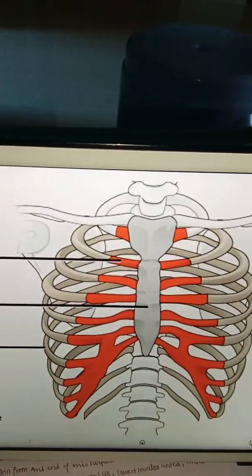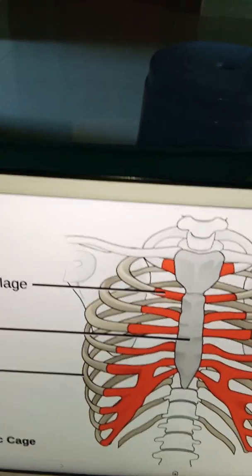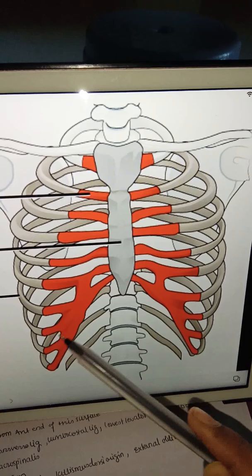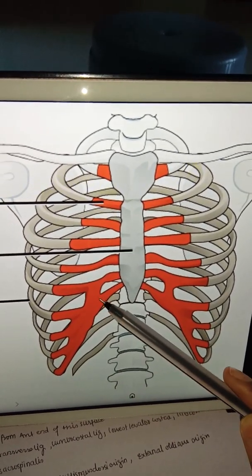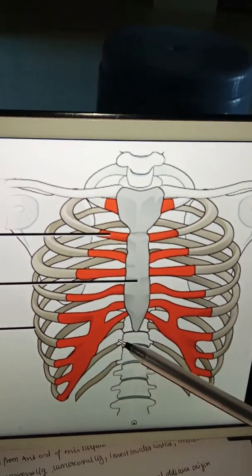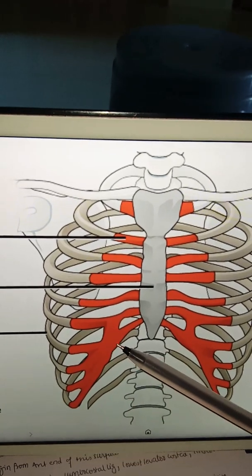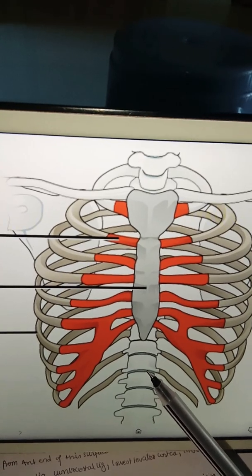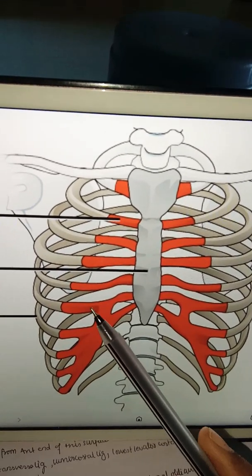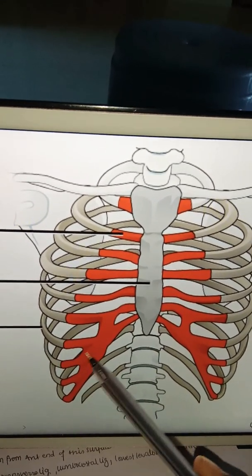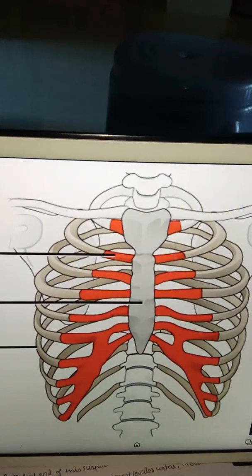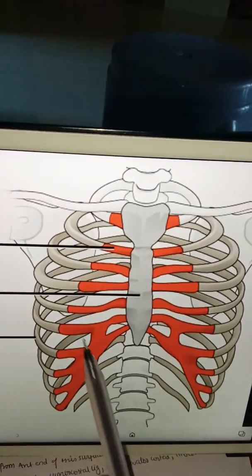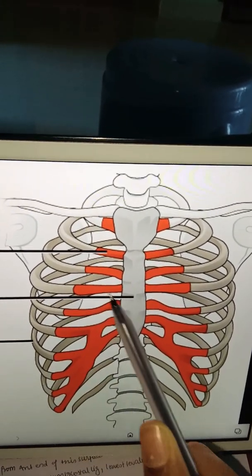And next the remaining cartilages have flat muscles of the anterior abdominal wall, because below this we have the anterior abdominal wall. So below 7, all 8, 9, 10, 11, 12 give attachment mainly to our abdominal muscles. And internal oblique muscle of the abdomen is mainly attached to 7, 8, 9. And we have rectus abdominis, which is attached to 5, 6, 7. So 5, 6, 7 will have the rectus abdominis muscle.